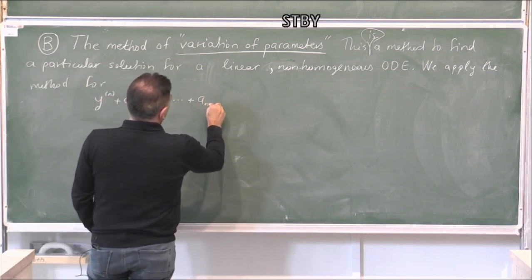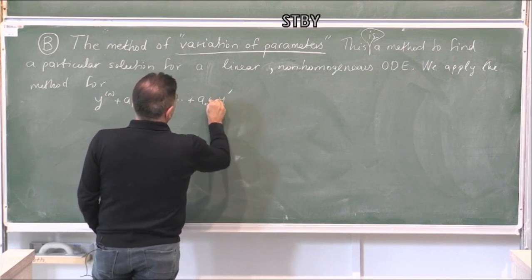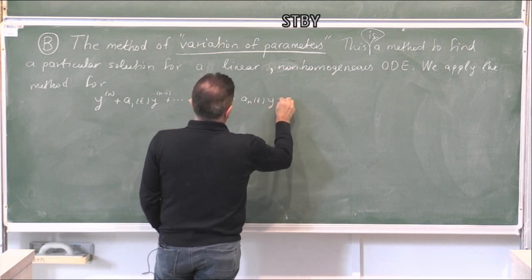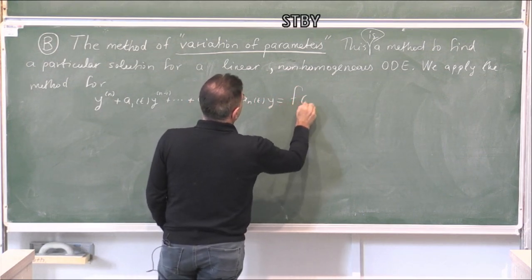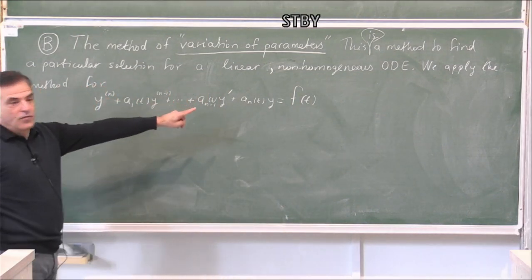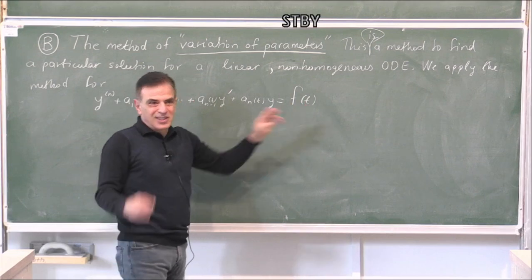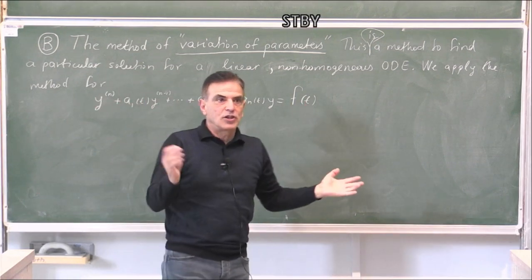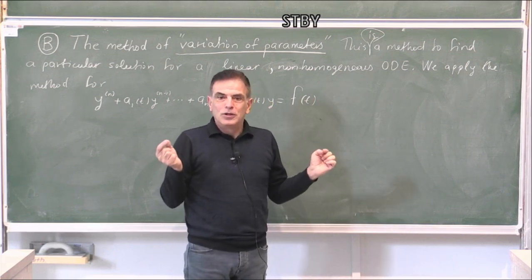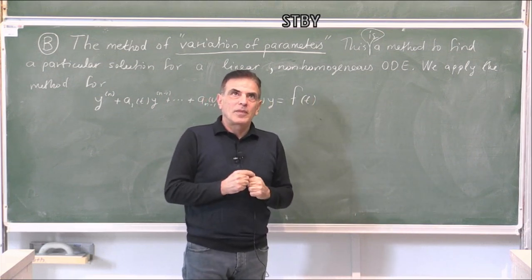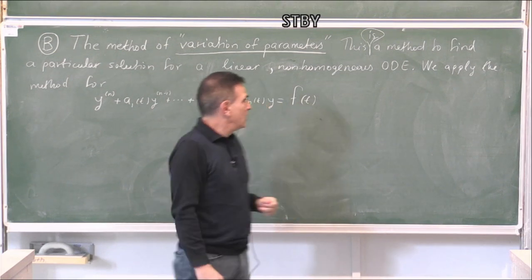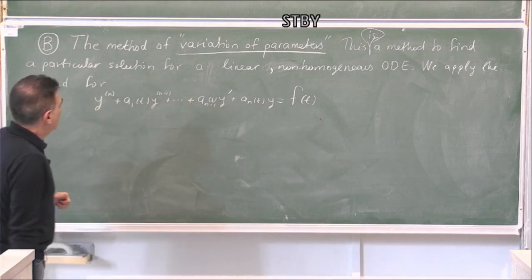So in principle, the method of variation of parameters may be applied to such equations. And f of t, no restriction on f. Just, of course, from the existence and uniqueness theorem, we require that there is a t interval in which f is continuous to assure that there is a solution, right? That's enough. Okay,